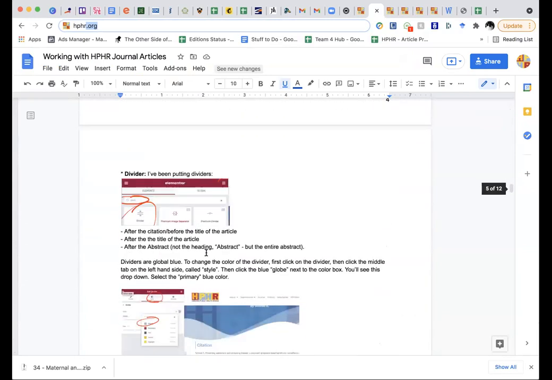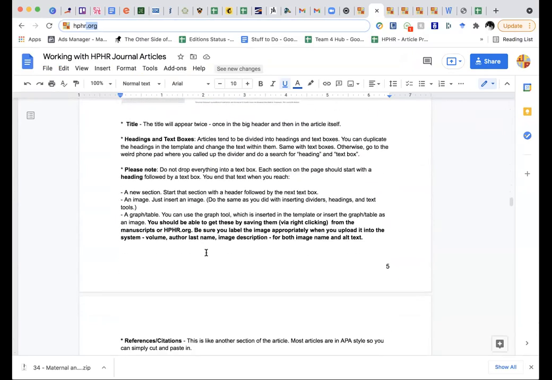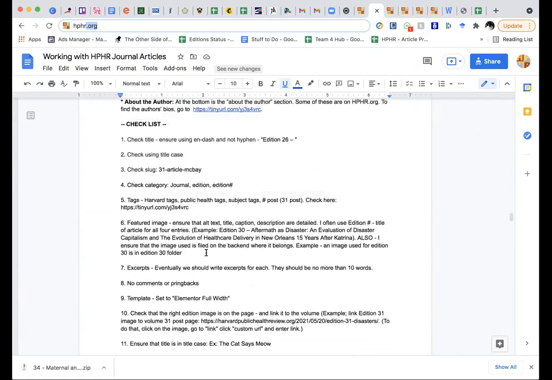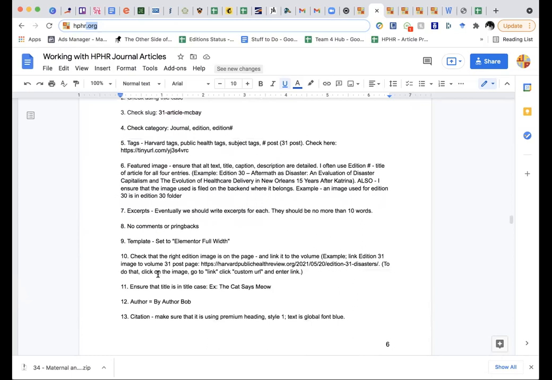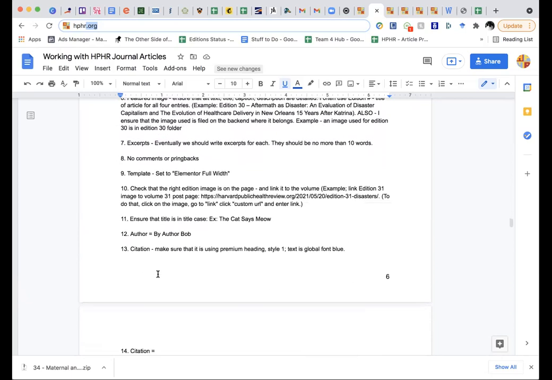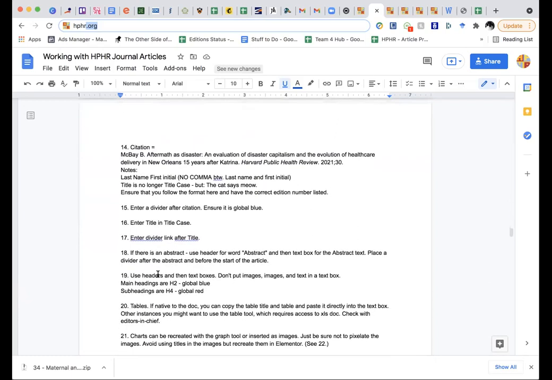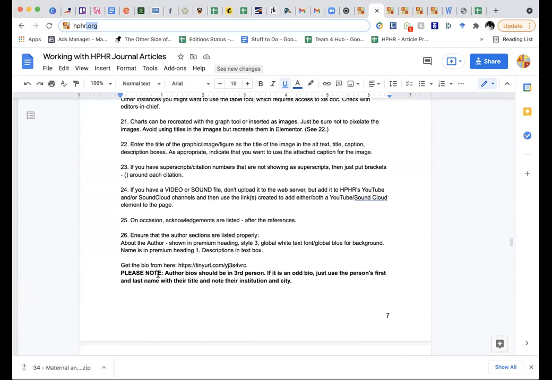And then it has all kinds of little tips. And then it has a checklist that basically walks again through how to do everything without the screenshots. And just to make sure that it's okay.